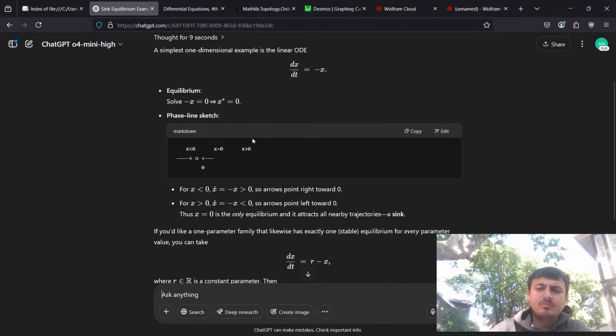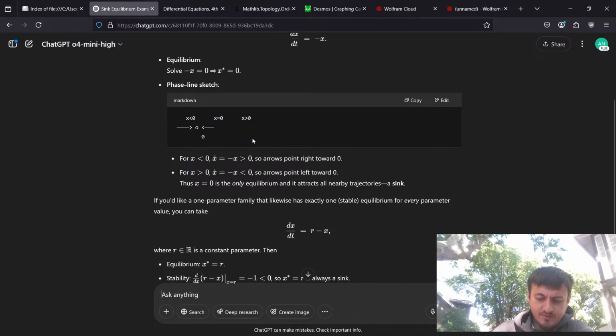Oh, I guess it doesn't need a parameter. I mean, we could do our simple exponential growth model. So x dot equals ax, and then we just set a equal to -1 as a bifurcation point. So if we do ax equals 0,